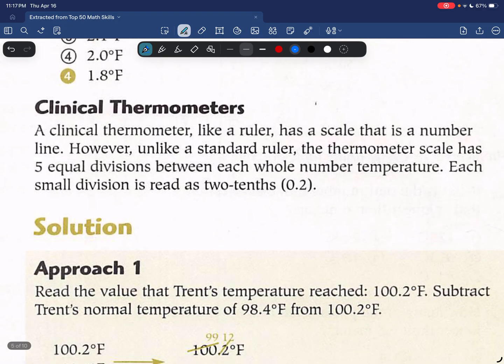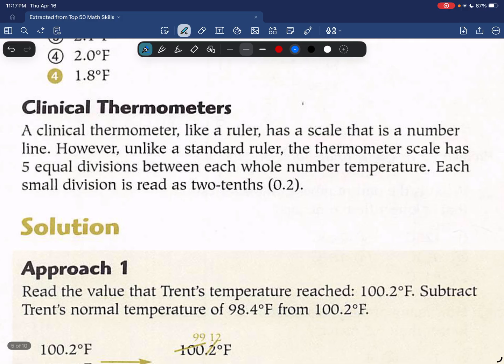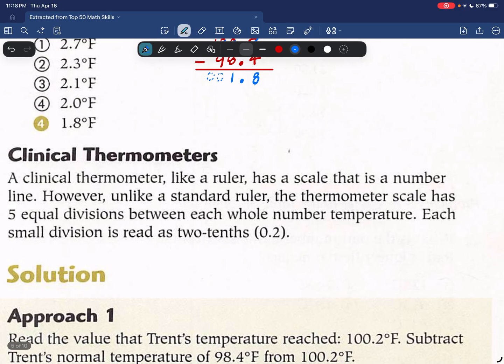Clinical thermometers. A clinical thermometer, like a ruler, has a scale that is a number line. However, unlike a standard ruler, the thermometer scale has 5 equal divisions between each whole number temperature. Each small division is read as 2/10. So what they're saying here, if you look at an interval on a thermometer, just like we did up above,